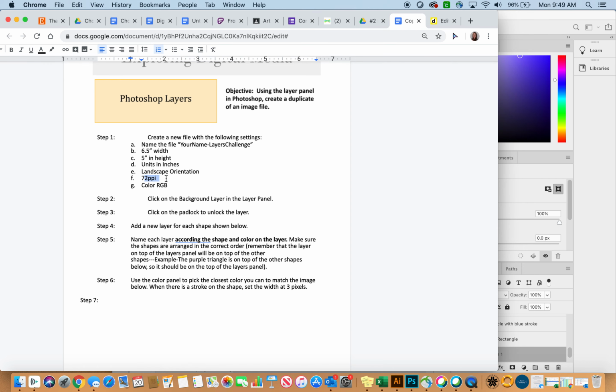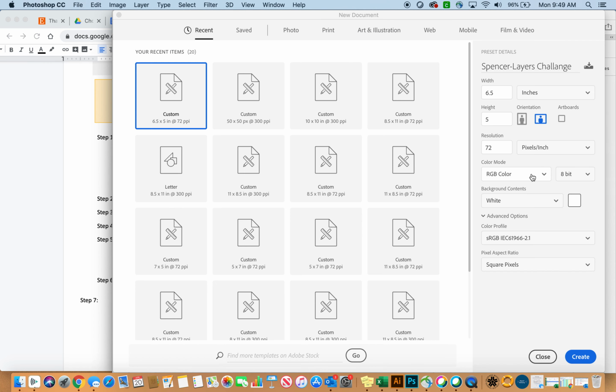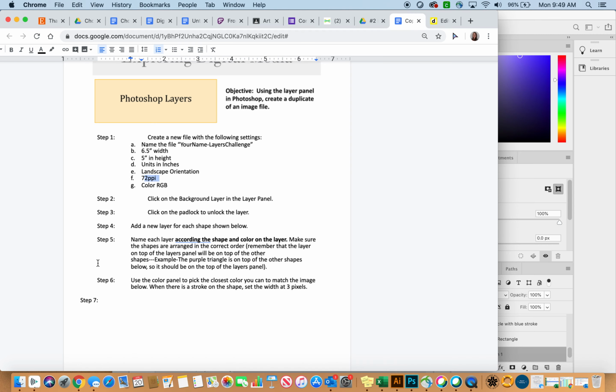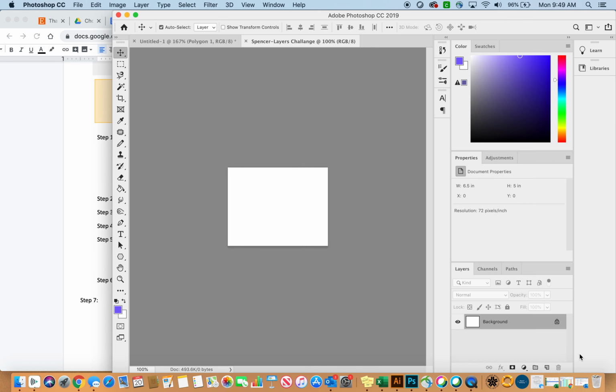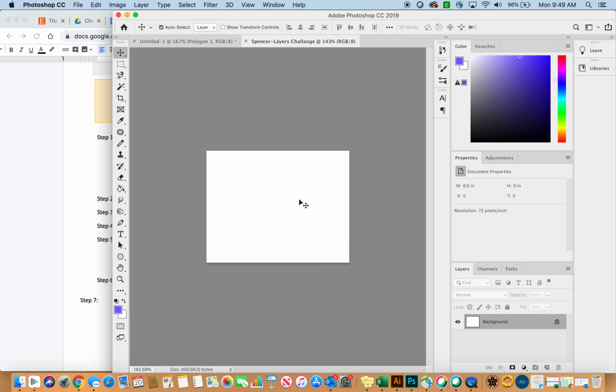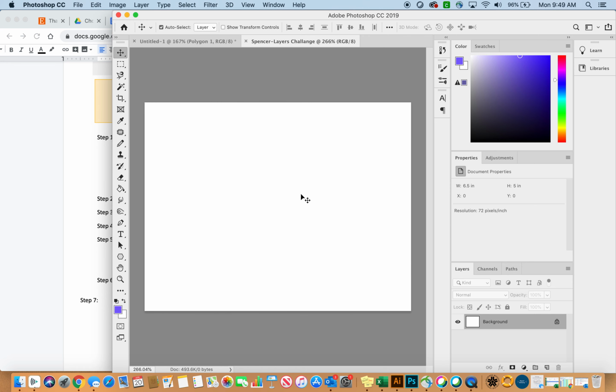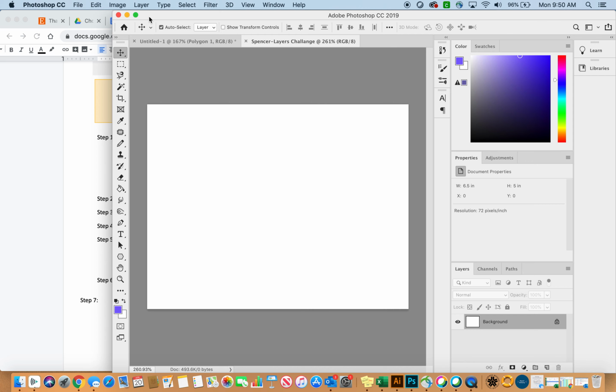We need to change our resolution to 72 pixels per inch. That's what the PPI stands for, pixels per inch. And we need RGB color. Then we're going to hit create. I'm going to zoom in a little bit, that way I can see my workspace,